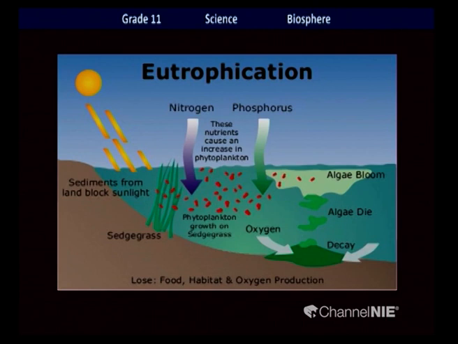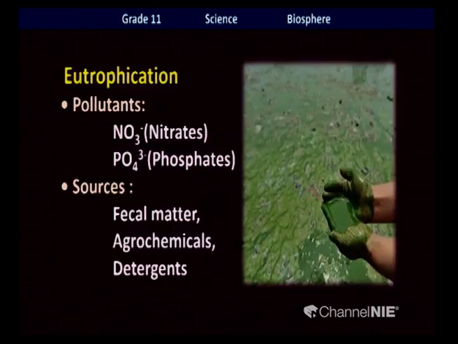And you cannot utilize this water for anything. Irrigation, drinking, and cleaning purposes, you cannot use this water. So initially you can observe the green coloration of water. So you can see here the two main pollutants which cause this eutrophication: nitrate and phosphate, NO3 minus and PO4 3 minus. So from where are these pollutants released to the aquatic environment?